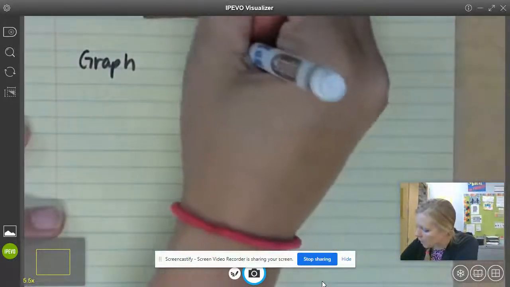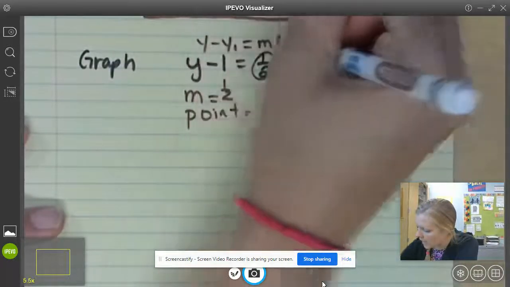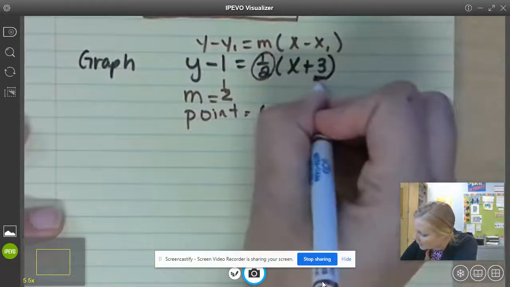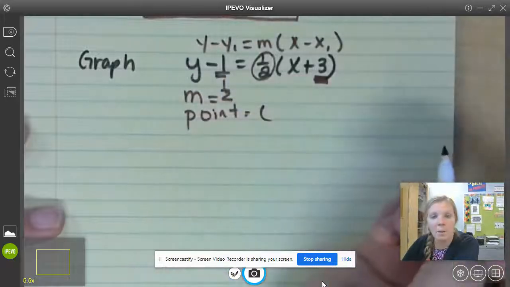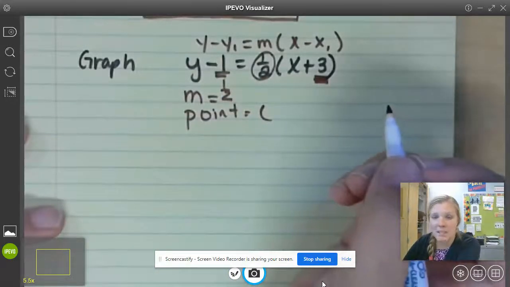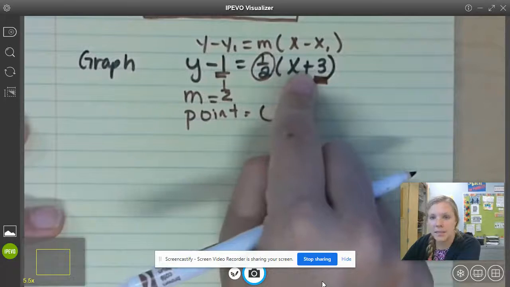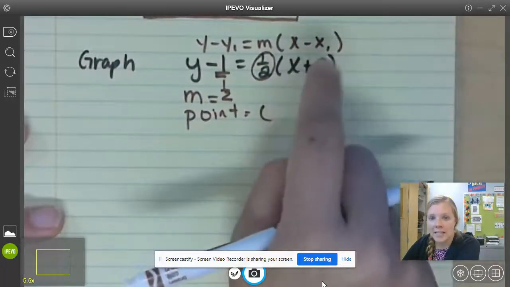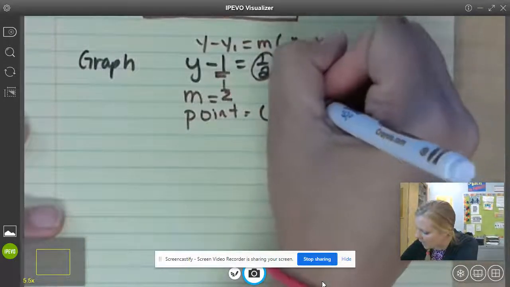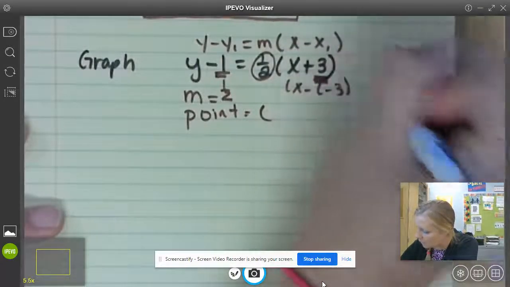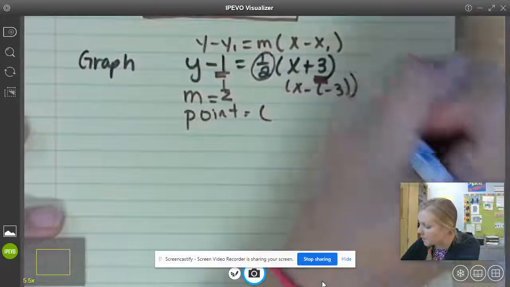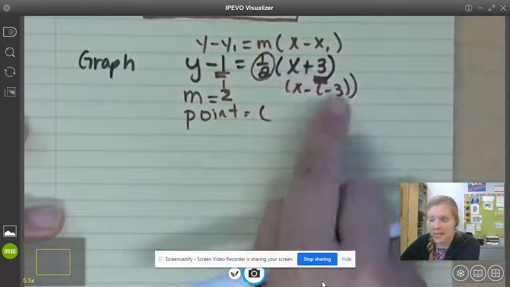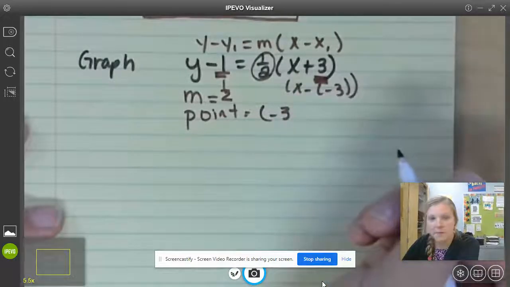If you remember, it's y minus y1 is equal to m times x minus x1. So I can see that this is my x value and 1 is my y value, but something a little funny is happening here. This is a plus sign. My formula is a minus sign. And so when I take this x value, I kind of have to think about it as x minus a -3. I'm undoing that, adding the opposite, because I need it to be a minus. So my x value is really a -3, and my